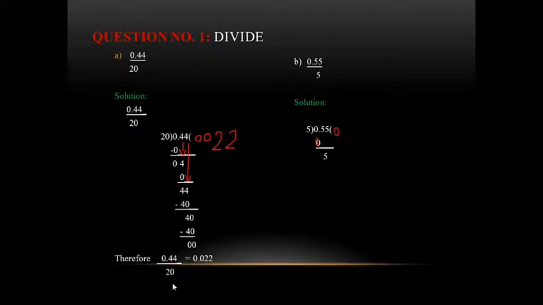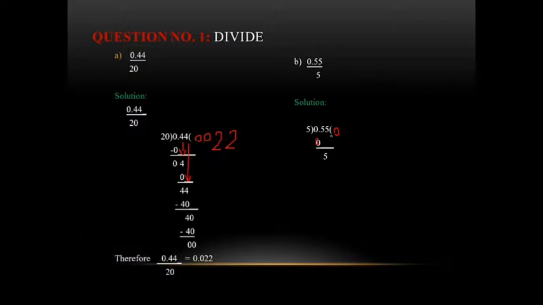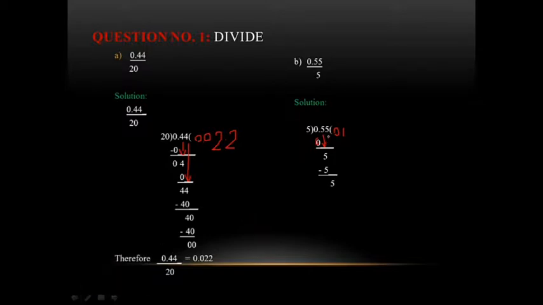Next we will bring the 5 down. So we will bring this 5 down. Then 5 into 1 will be 5, and then do the subtraction here. So we are left with 0. So that is 5 into 1 will be 5. Then the subtraction, 5 minus 5 will be 0. Then next bring the next 5 down because the next digit given is 5.